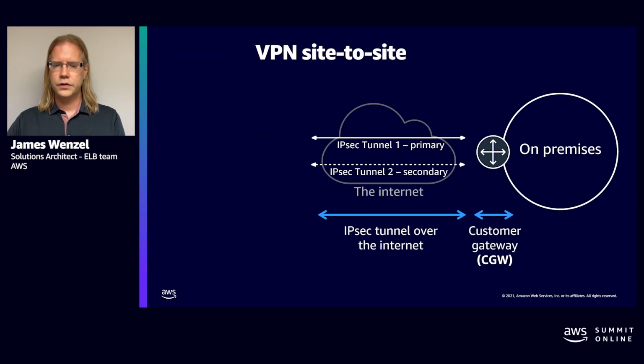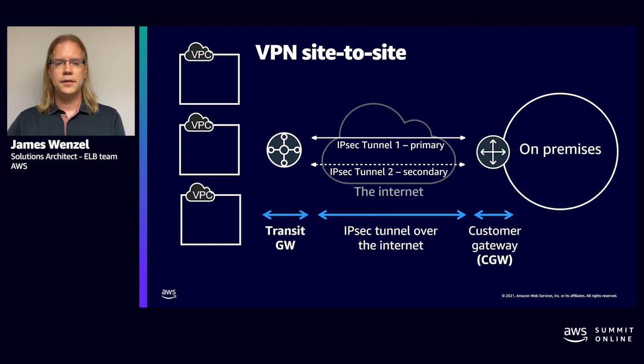The other things we can do is we can connect this to a transit gateway. The transit gateway will allow for ECMP. ECMP, or equal cost multipath, will allow you to actually go up to 50 gigs burstable on all of the different tunnels. And then, of course, you can reach all of your 5,000 VPCs that are connected to the transit gateway. The other thing noted is that if you have transit gateway peering between one region or another, you can actually reach all of those through one transit gateway. So you can plan out your network accordingly.